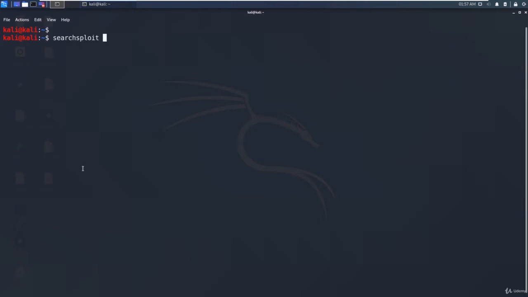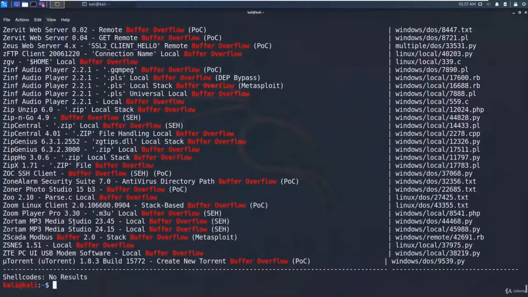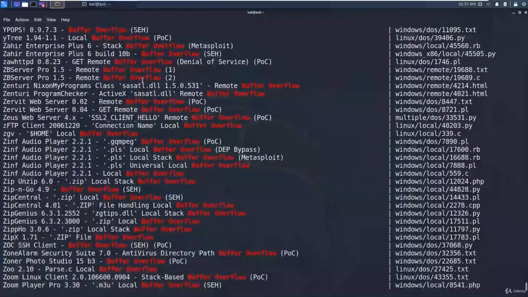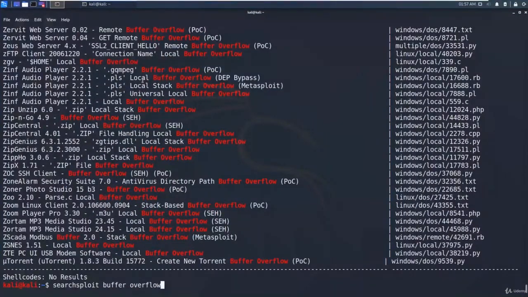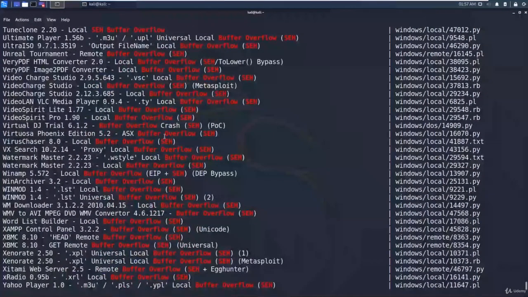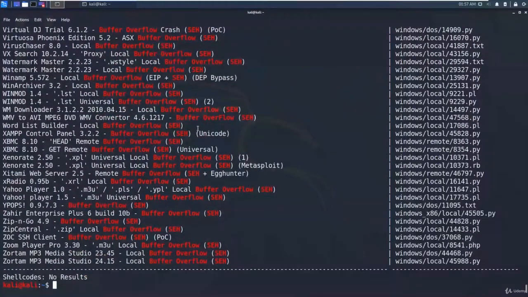All we need to do is say searchsploit, let's say buffer overflow, and there you can see there are so many exploits regarding buffer overflow. Now you can also say buffer overflow and SCH, and you get the multiple terms combined.